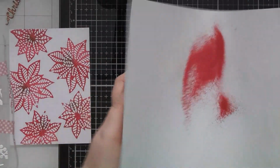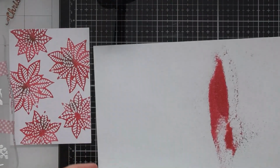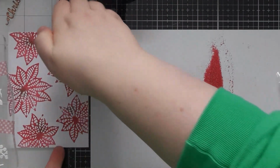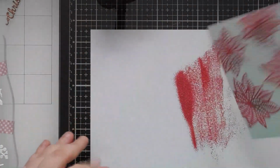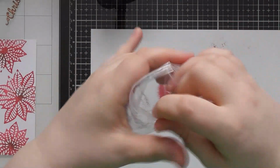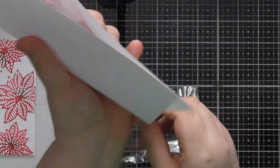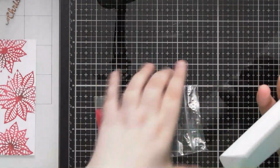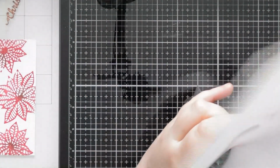Then, with all of our leftovers, we can put them into our little, don't touch that because I'm going to knock the powder off, and I think I already have knocked some of the powder off. Okay, that'll do. So put that out of the way so you don't knock the powder off. Then you can take your little bag with your excess colours in, and then just make a little funnel on the paper,